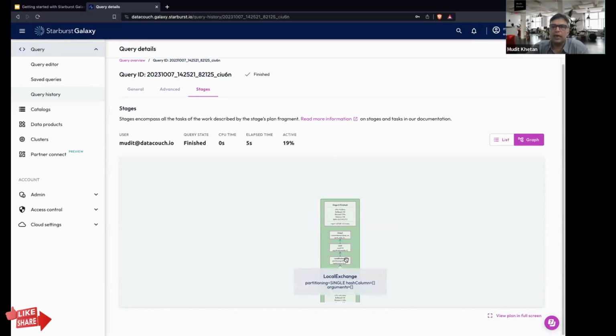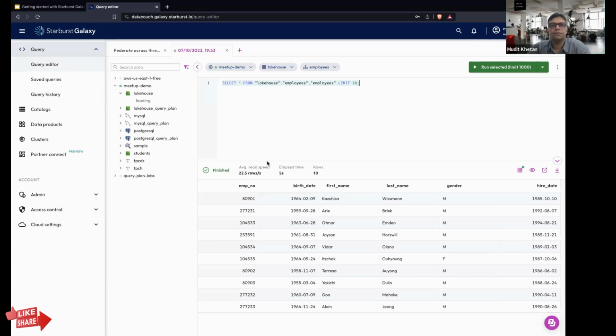Yes, certainly. We are going to run a few queries which are much more complex than this one. It is only a demonstration; we are just starting. So we are going to run a few more complex queries, in which we are going to see how these query stages differ from this simple graph. Yes, it will be in a moment. Sure. Okay. Now let's go back to the query editor.